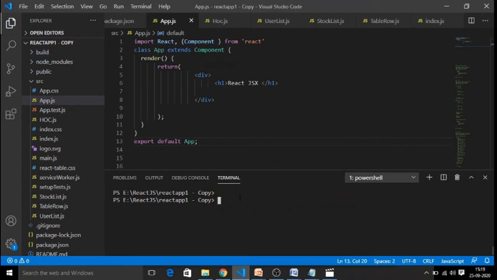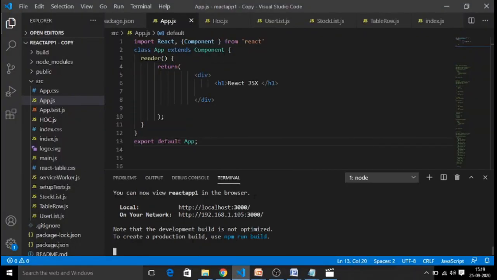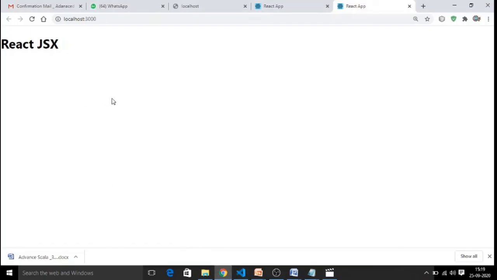Now we need to deploy our React component by running npm start. Your dev server needs to be started, and we go with the port number 3000. It has to load with our rendered component. So you want to observe the console over here. You can see the console is ready with the port number. Now you can check your content is available.